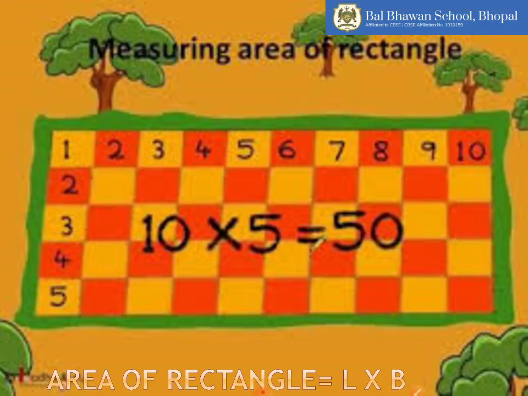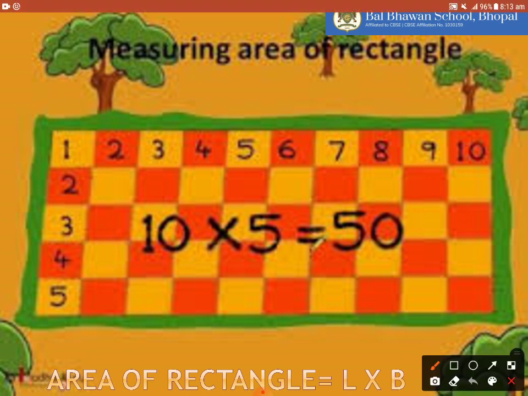So here we have a rectangle. In this rectangle, if you have to find out the area, it means we are talking about the region which is covered in between the boundary of this closed shape. In this boundary, you can see there are some squares. So the first method to calculate area is to count these squares. Now children, you can see that there are 10 squares horizontally and 5 squares vertically. So to find out its area, you can simply do 10 into 5, that gives you 50. So area of this rectangle is 50 square units.